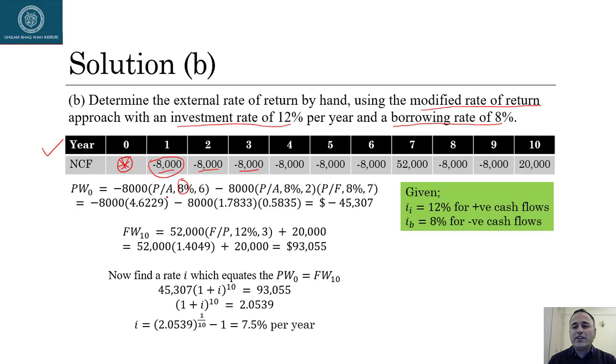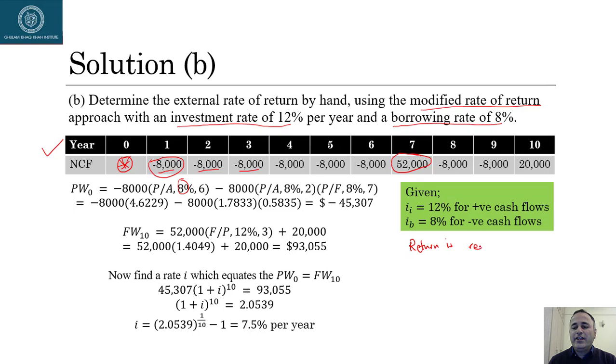Okay, so the trick in this question is, for PW, which rate should I use? Of course you should use the borrowing rate. Okay, because Samara is supposed to borrow at t equal to 0 at the borrowing rate. Now the other assumption is that the positive cash flows, like this $52,000 in year number 7, Samara would like to invest it somewhere. Okay, and if she is investing, her return